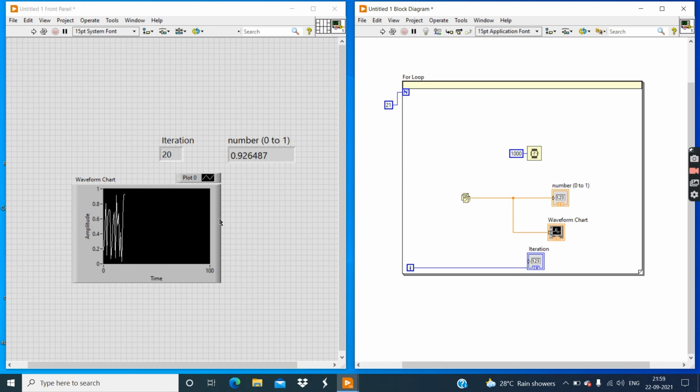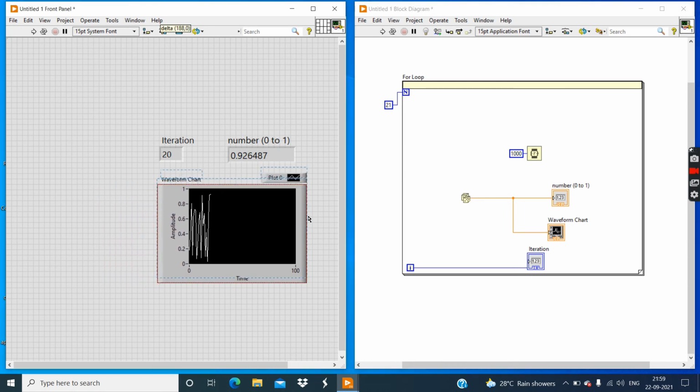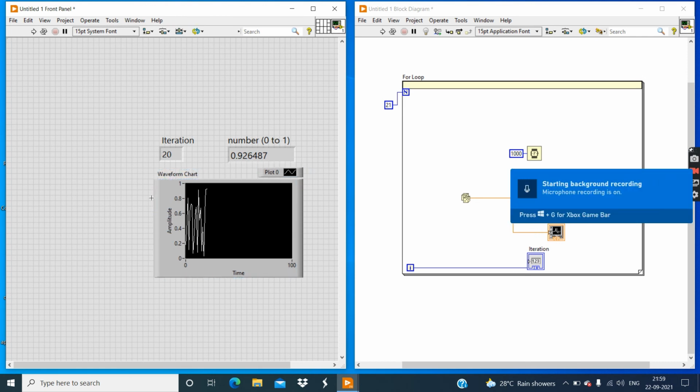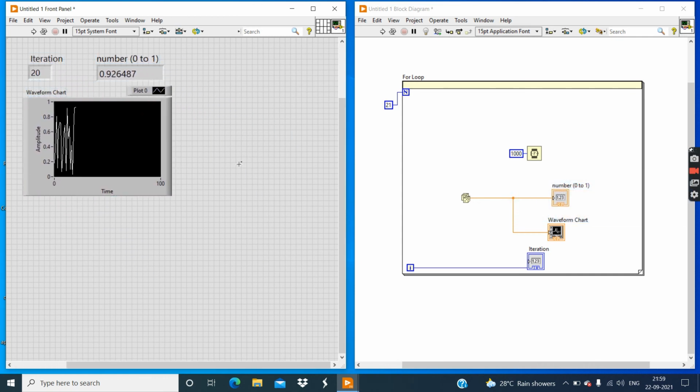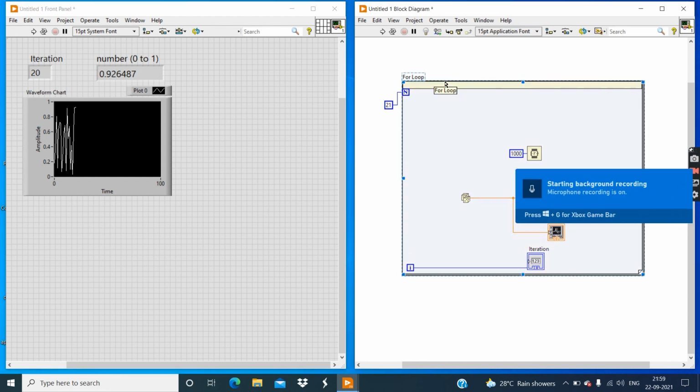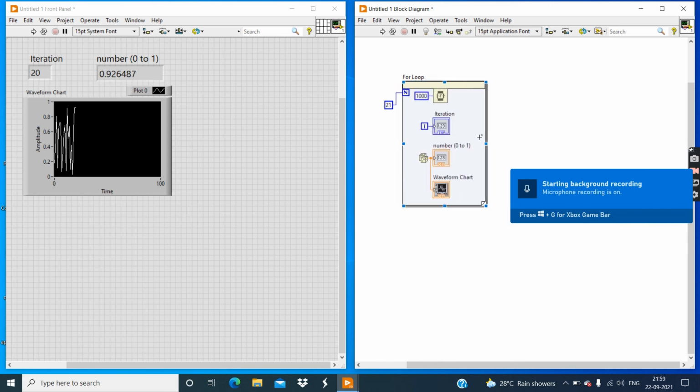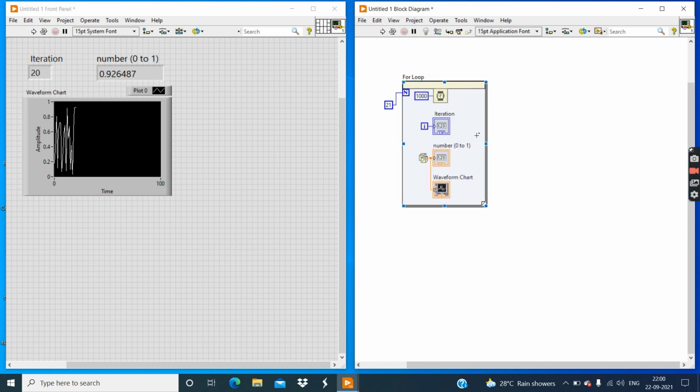Now guys, change the position of this waveform chart. Also select all the indicators and change their position. Now click on this while loop and press Ctrl and U. That means what? Clean up diagram.